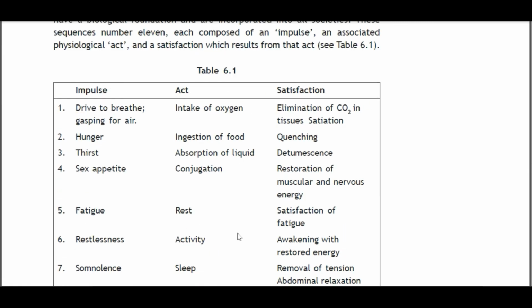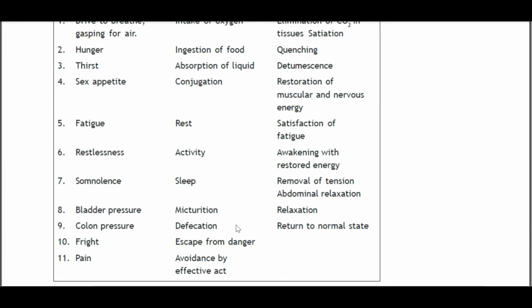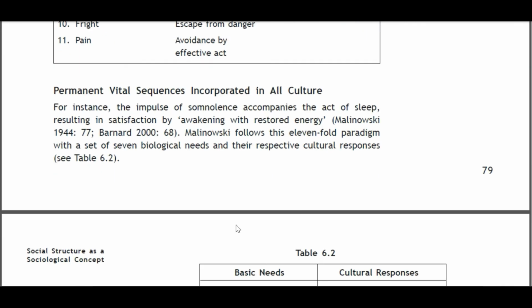So these are the impulses, acts and satisfactions which result. Permanent vital sequences incorporated in all cultures. For instance, the impulse of somnolence accomplished the act of sleep, resulting in satisfaction by awakening with the restored energy. Malinowski in 1944 followed this 11-fold paradigm with a set of 7 biological needs and their respective cultural